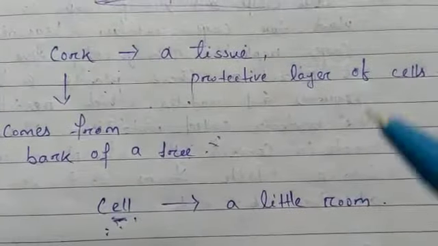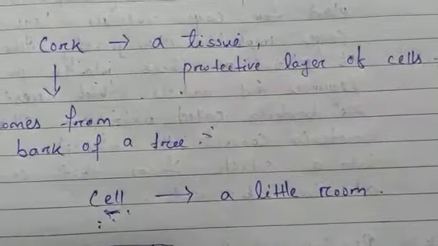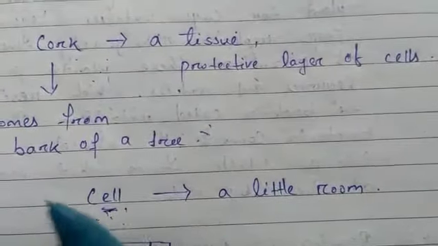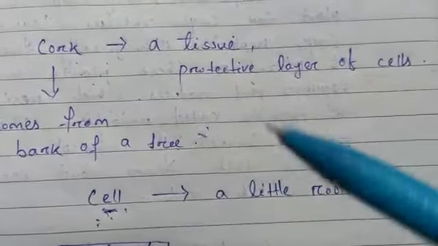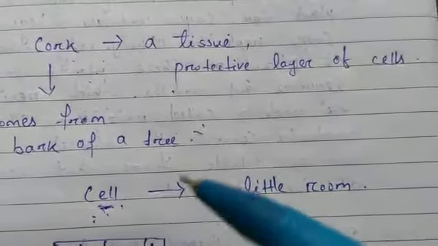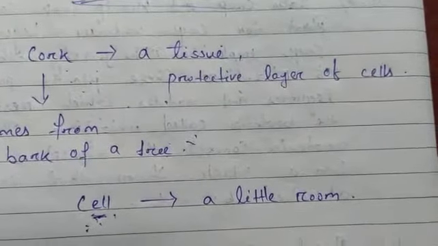It is a small incident but a very important achievement in the history of science, because to date the term cell is used in biology. So it is a very good achievement in the history of science. This was the very first time that someone had observed that living things appear to consist of separate units.